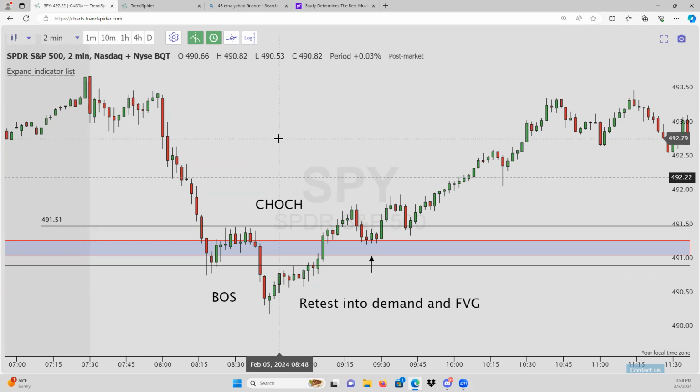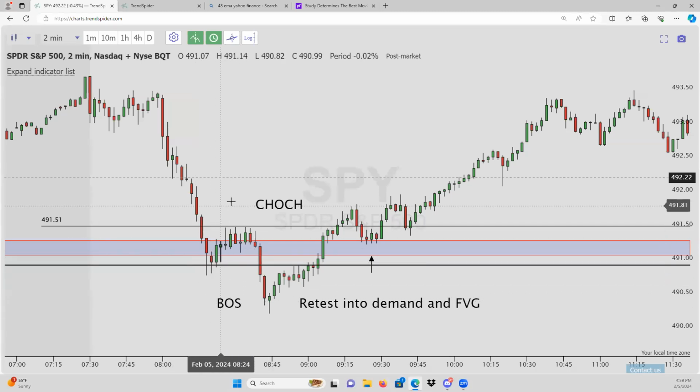So now when it comes to break of structure, all break of structure means is a break of a lower low in the case of a bearish trend, right? So we have a bearish trend here, and here's a break of the lower low, right? It's just a break of structure. We're breaking it, creating a new lower low. Likewise, if we are in a bullish structure, it's just going to be a break of a higher high. So here's a break of structure here, right? Break of structure here. It's just creating a new level, either above a lower high or below a lower low. So we have a lower low here and we created a new lower low. So here's a break of structure, right?